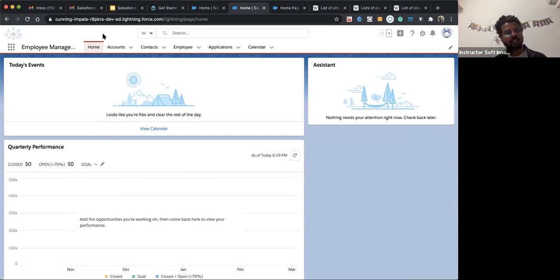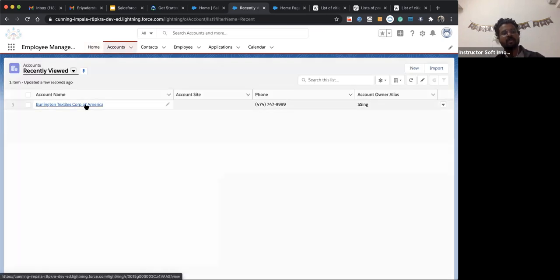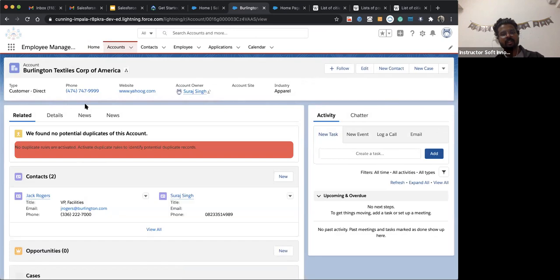And that's it. Later on we have another option. Why is there another option? There is a limitation here: the home page is a different use, the account has a different type, a record page is a different use. Similarly, there is an app page.